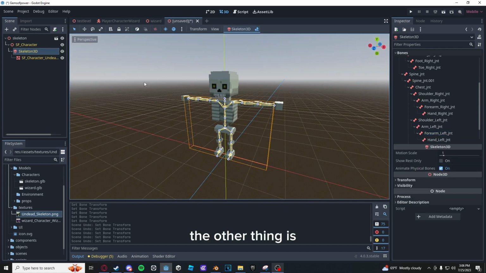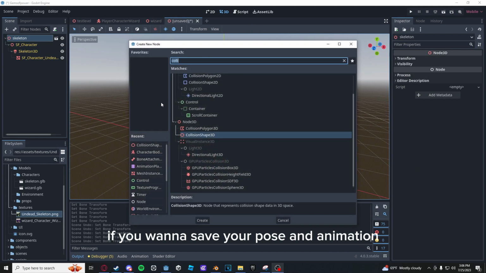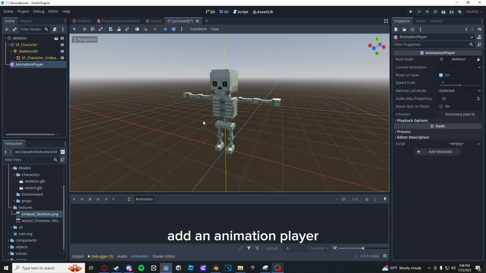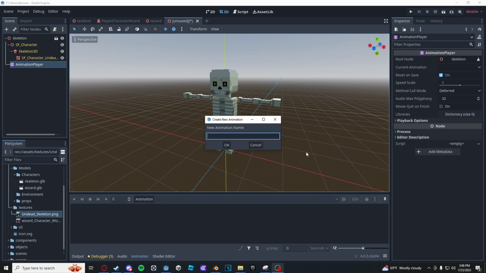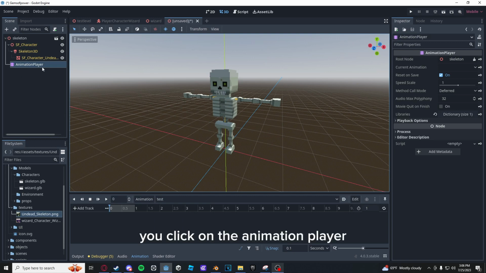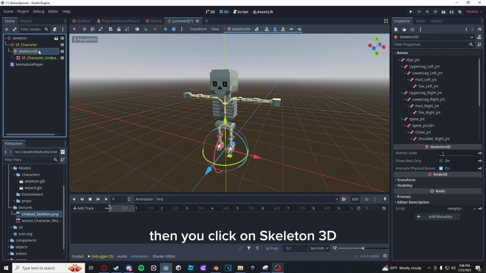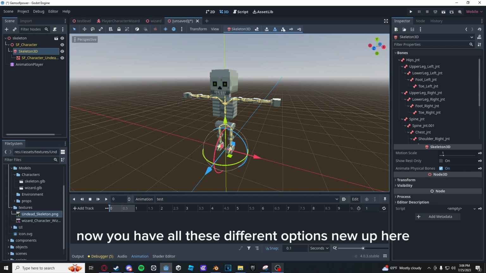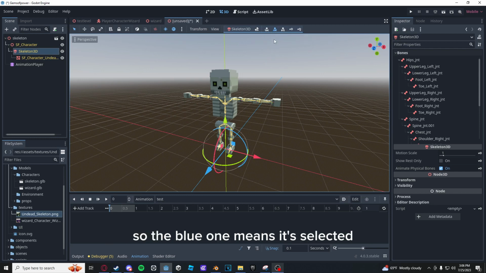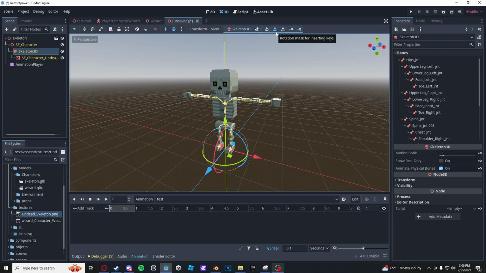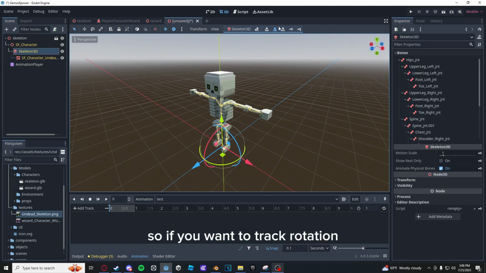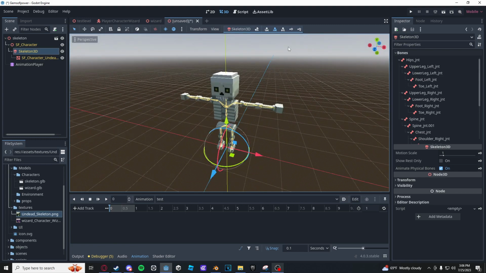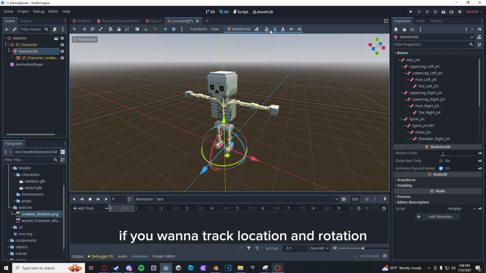The other thing is if you want to save your pose and animation, add an animation player. And if you make a new animation, right? You click on the animation player, and then you click on Skeleton3D. Now you have all these different options up here. So the blue one means it's selected, right? So if you want to track rotation, then you click that. If you want to track location and rotation, you click them both, and then you can